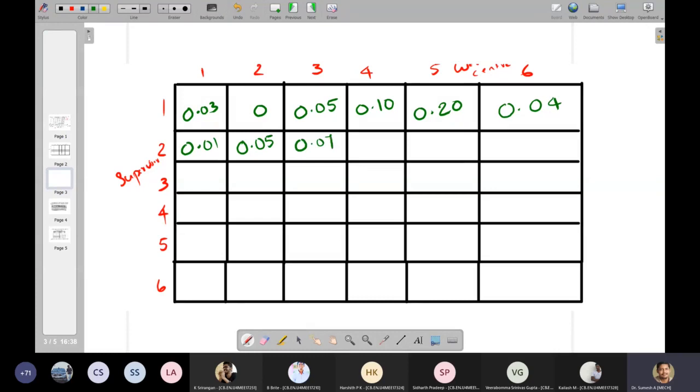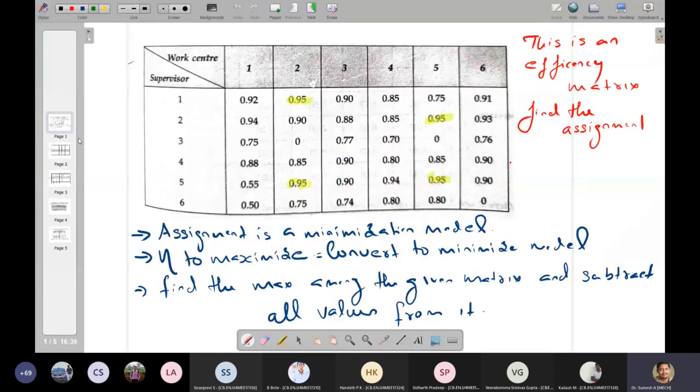0.1, again there will be a 0, 0.02, 0.2, 0.07, 0.4, 0.45. So there was a previous 0 here. Now that 0, the 3 by 2 cell, that 0 becomes 0.95. 0.95,